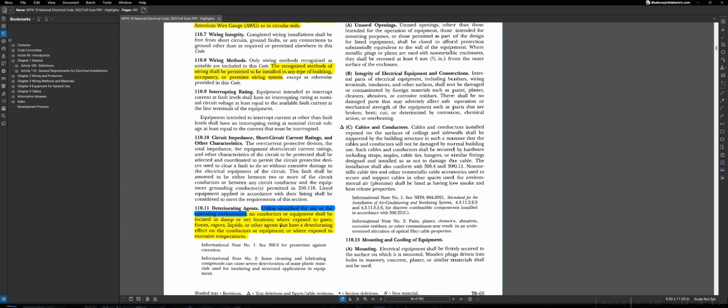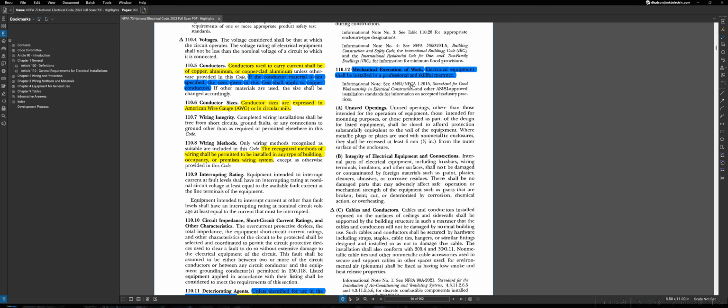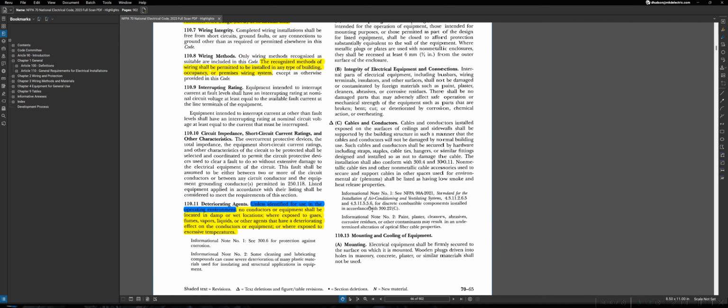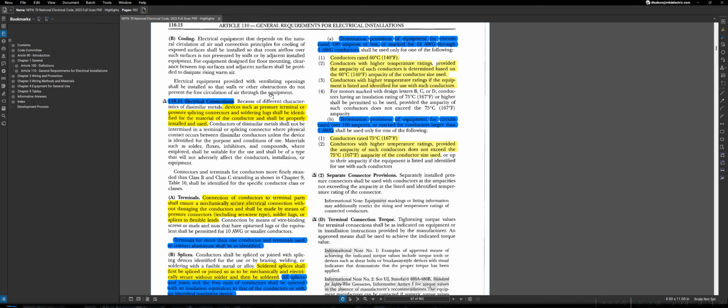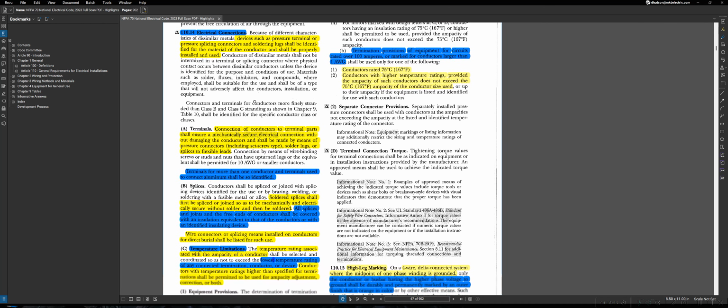However, depending on the exact location in the building or the application that you're using them in, that conductor or equipment may need an additional listing or labeling for that, such as the case with gases, fumes, vapors, direct sunlight, excessive temperatures, etc. And it tells us that as we're doing those installations, we have to do them in a skillful, professional manner. And that concludes what I would consider the first grouping of the Article 110 requirements. As I said, there's a couple groupings that you can break into sections within Article 110, and that's the first one. Next grouping of Article 110, we're going to be looking at